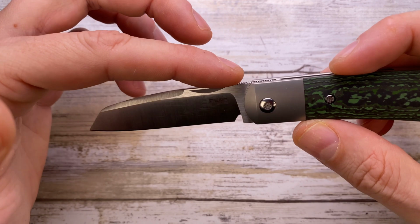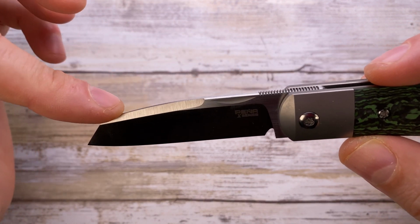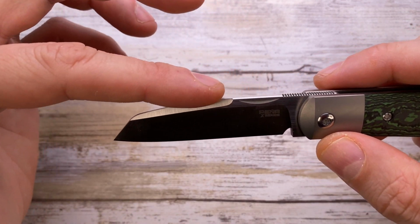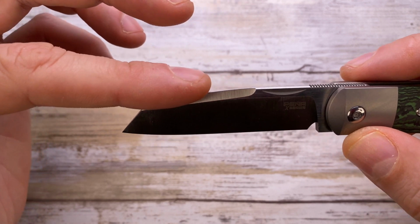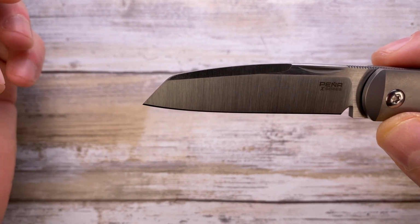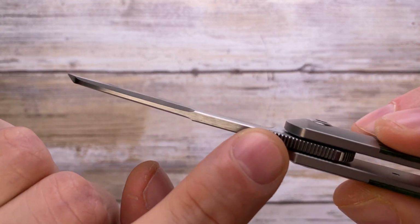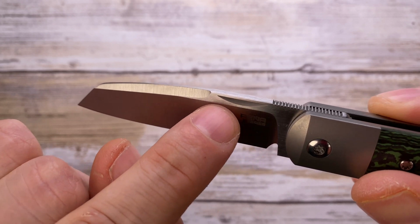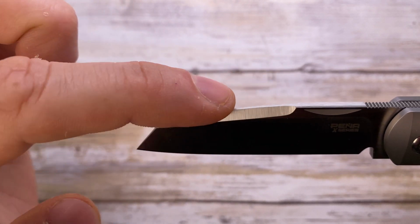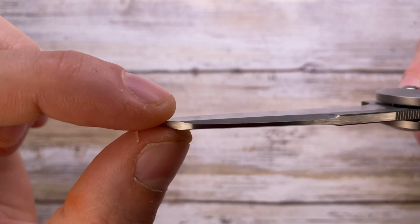Overall, you've got a very, very nice blade shape. That's probably one of my favorite blade shapes at the moment. It's a beautifully done Warncliffe shape, 2.75 inches long, M390 steel. You have nice jimping right over here and a nice nail nick, and then you've got your swedge going up to this point, and then it stops and just goes down, so you still have a